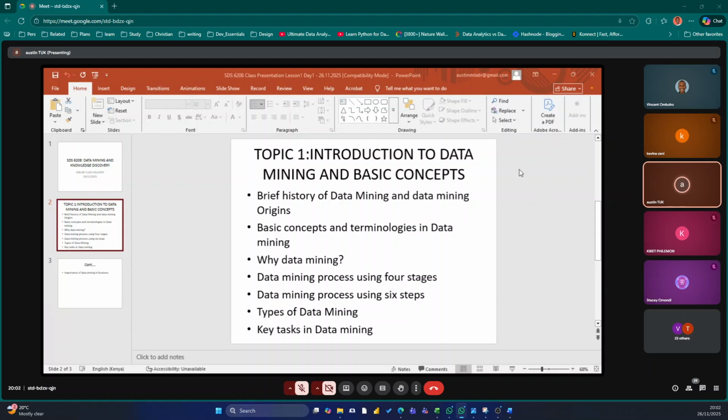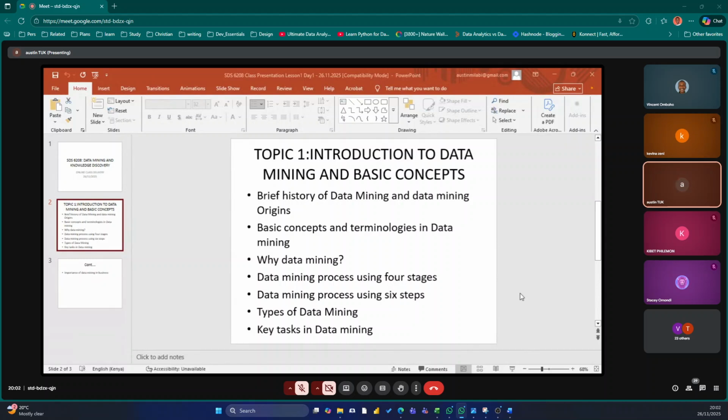So not converted. Some of these tasks are being aligned to some techniques. For example, some data mining tasks may include data characterization. Data characterization, which is trying to have a description of the general characteristics of objects in the target class of data.